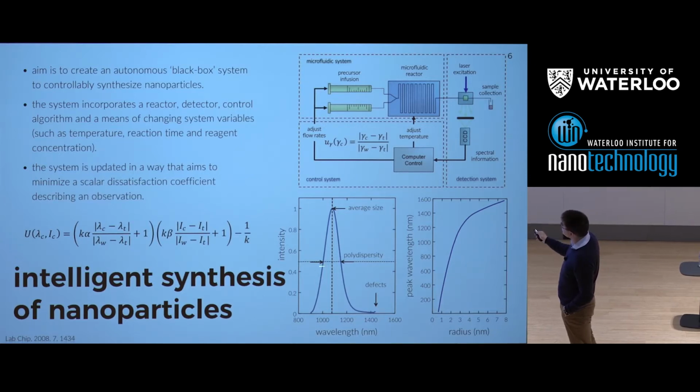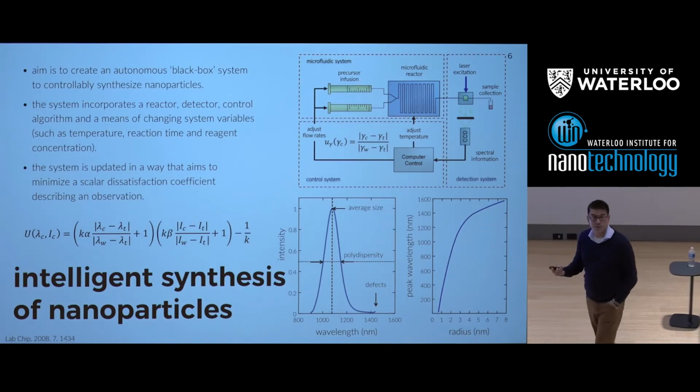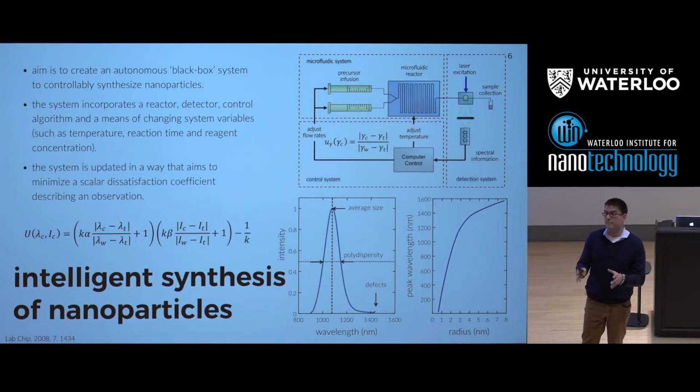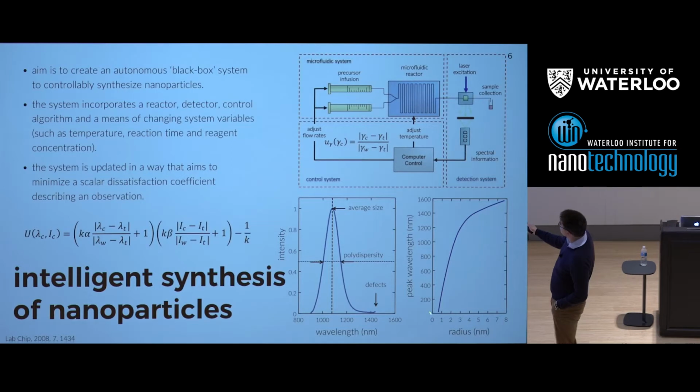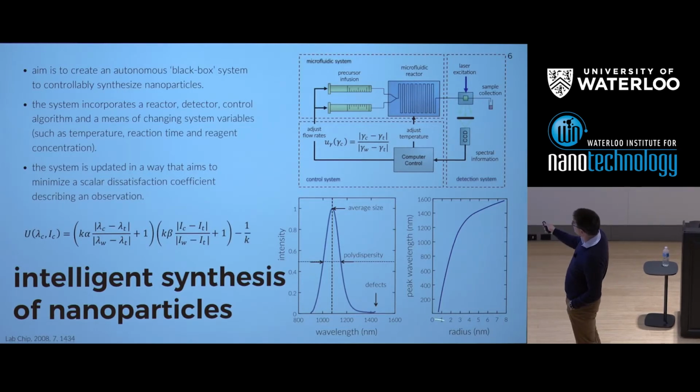The width of the band-edge emission here tells me about the size distribution. Any emission down here tells me about surface defects, and the intensity of this peak tells me obviously about the fluorescence quantum yield. So I get a lot of information that I can extract very, very quickly. And as you can see here, for example, by just varying this peak wavelength, we can then uncover or elucidate